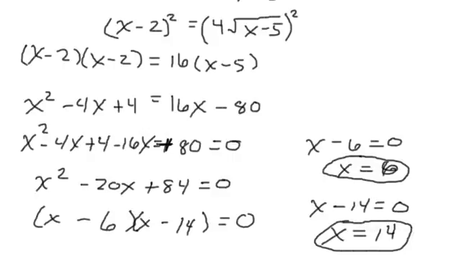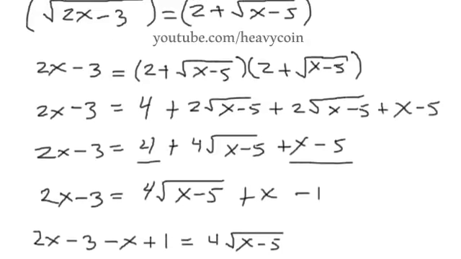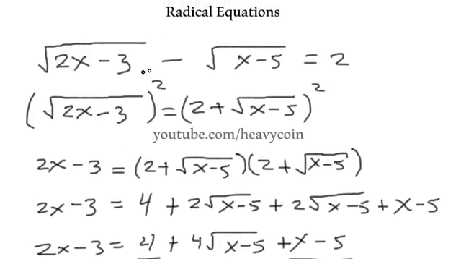And if you would like, I've already checked this of course, but if you would like, you could go up here into our original and check that out and make sure that 6 and 14, what we got to really look for is make sure we don't have negatives under here. 14, that's not going to be a negative, and 6 under 14, no, that won't be a negative either. 6, no. So those are going to be both of our two solutions to this,